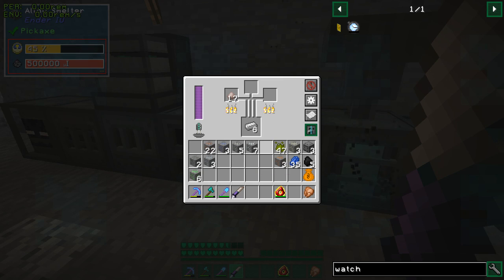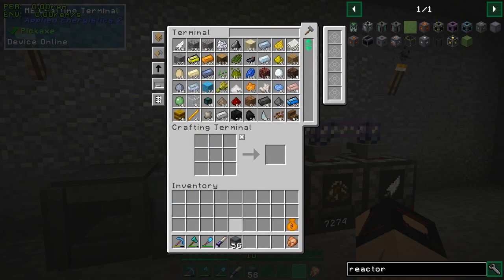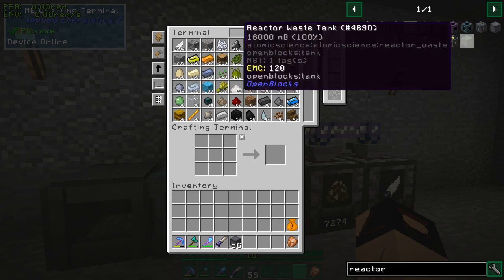Ooh, 3 output. Nice. Okay, more reactor casings, which is really nice. We've got a decent amount. I think we're low on...